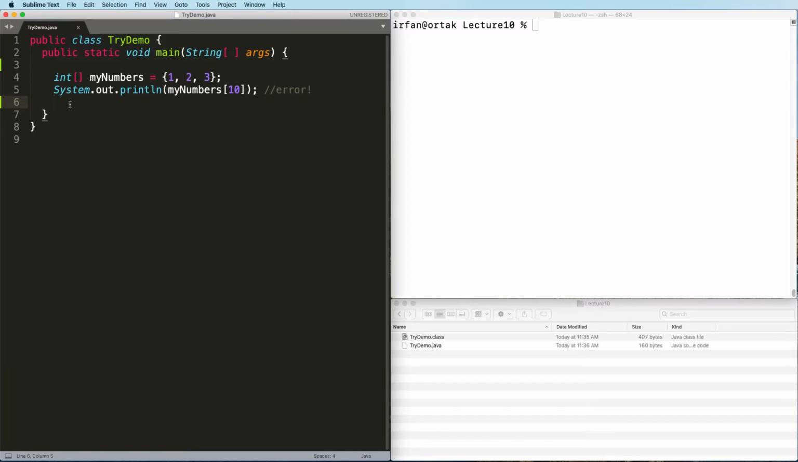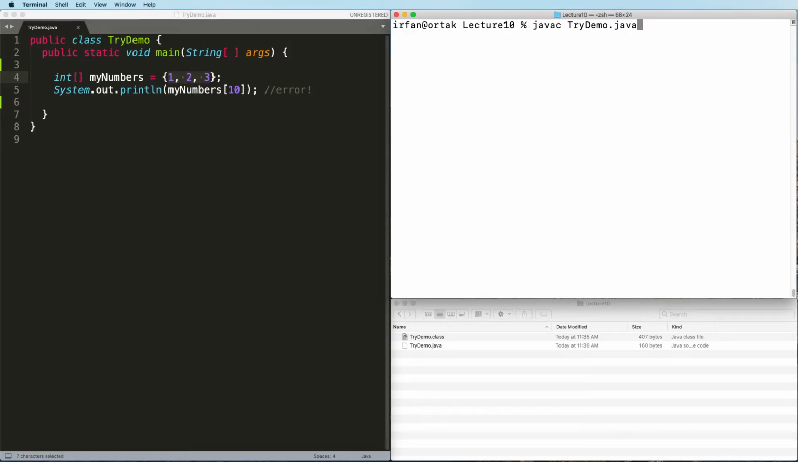So let's look at this example, TryDemo. Here we have an array of integers, myNumbers, which will have 1, 2, and 3, and in line 5 we're going to try to access myNumbers of 10, and then let's see what happens. First we're going to try to compile, to see if the Java compiler will see an error. As you can see, it compiled without any errors, but if I try to run this,